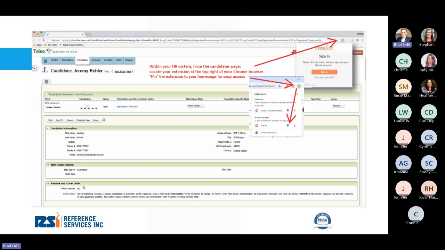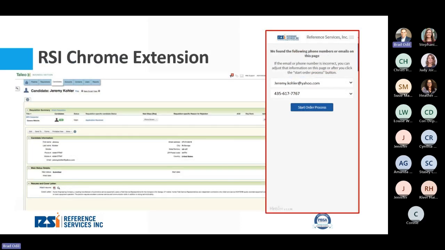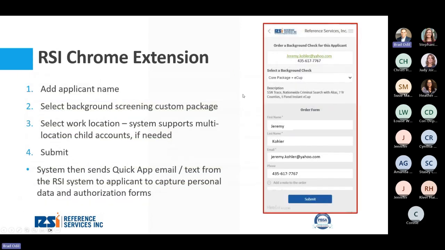So once you've downloaded that extension and you've signed into the platform, you basically will see this workflow happen for you. So we're on a page here on Taleo, and you can see our candidate name is Jeremy Kohler. It's hard to read, I know, because we've done a screenshot here, but you actually have Jeremy's email and Jeremy's phone number that gets scraped into the extension, so you can see that Yahoo email here. You simply hit start an order, and then the next screen pops up to where we will configure on the